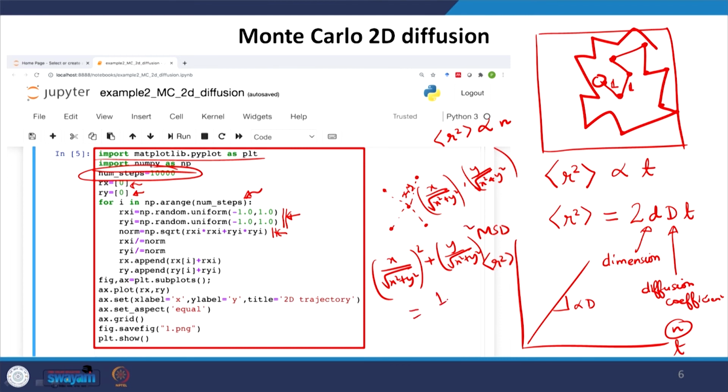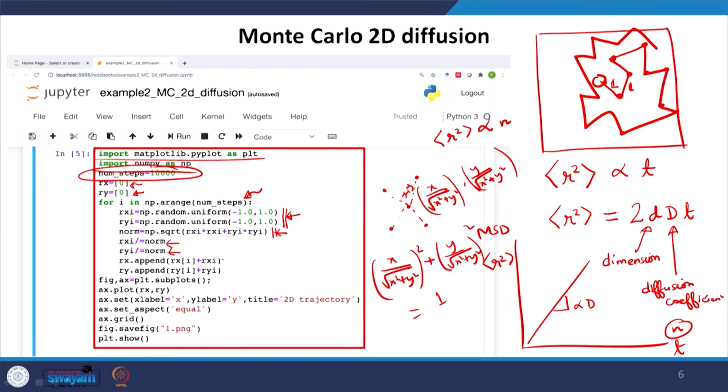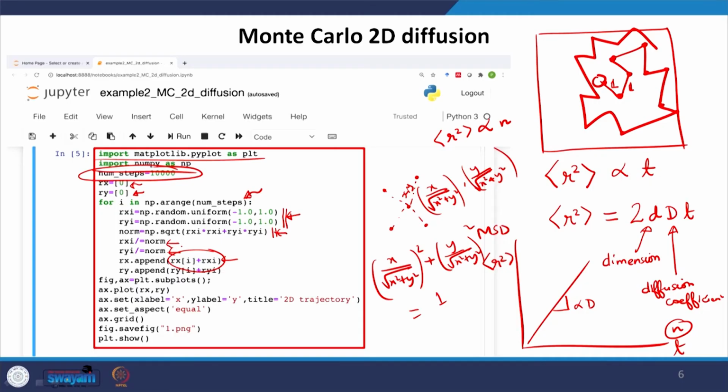So I am sure that I am generating a step of length unity, but since I have generated x and y randomly, it is going to be in any direction from the particular point. That is why I am dividing by the norm here. Now I am appending not the x value I generate, but the x value of the previous point plus this x value, and the y value of the previous point plus this y value, because I am making that step from the previous point to the new point.